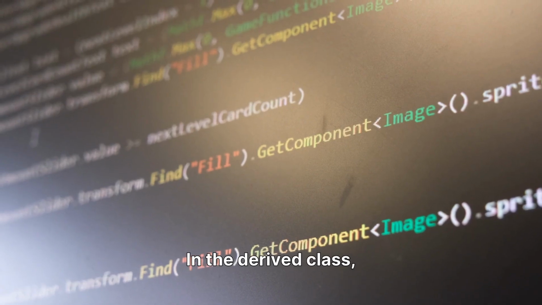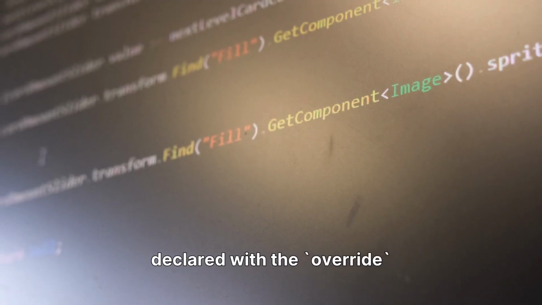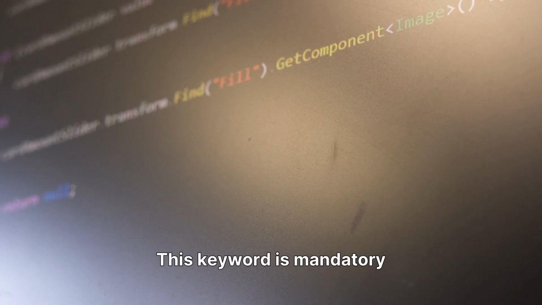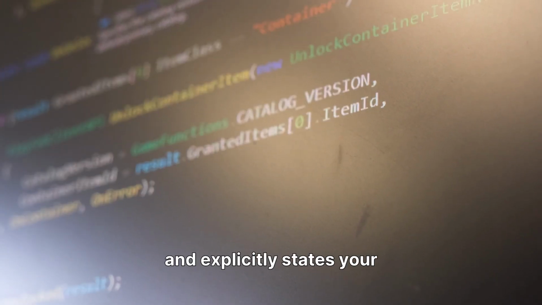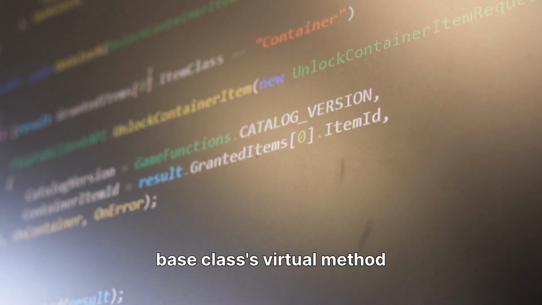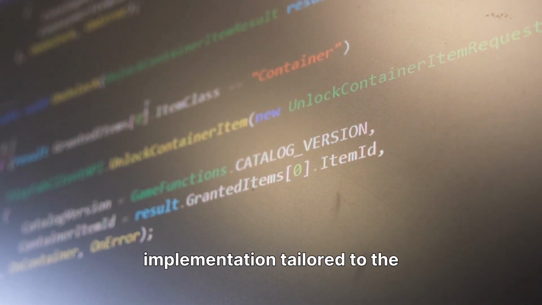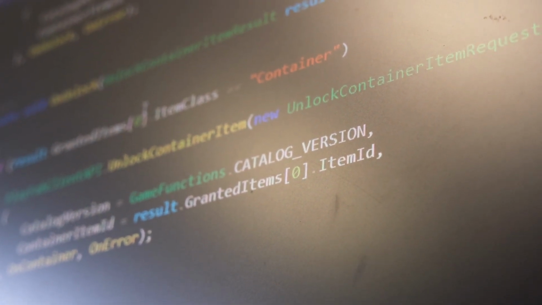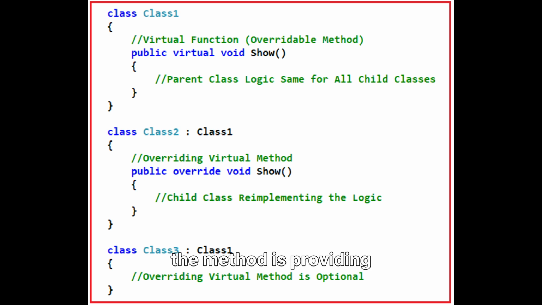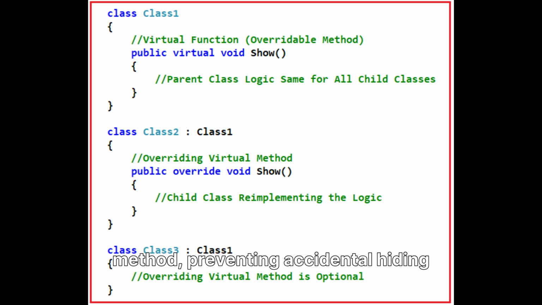In the derived class, the method must be declared with the override keyword. This keyword is mandatory and explicitly states your intention to replace the base class's virtual method with a new, specific implementation tailored to the derived class's functionality. This explicitly states that the method is providing a new implementation for a virtual method inherited from its base class. The override keyword ensures that the compiler verifies the method signature matches the base class's virtual method, preventing accidental hiding